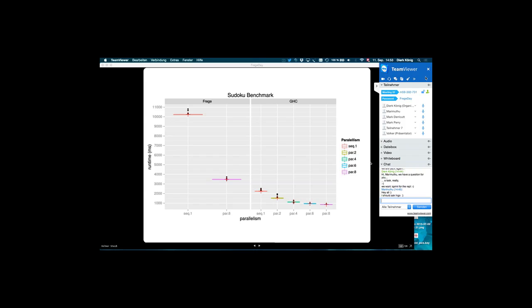And we see that GHC in this example is much faster than Frege. GHC with full parallelism only takes 1 second, and Frege still takes 3.5 seconds with full parallelism. But now to the relative comparison, what is really interesting then?